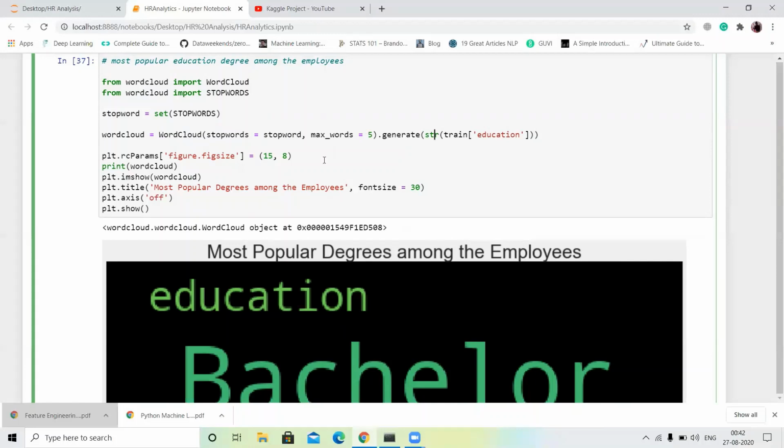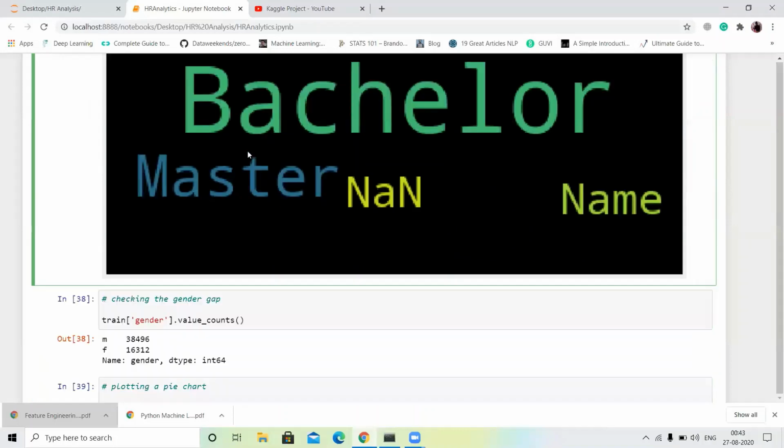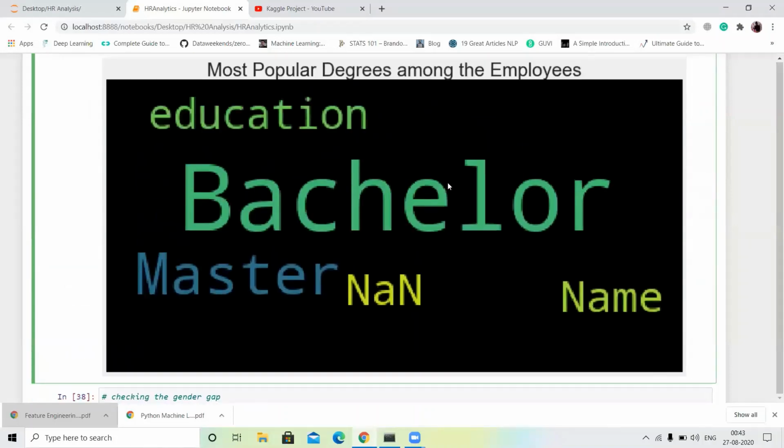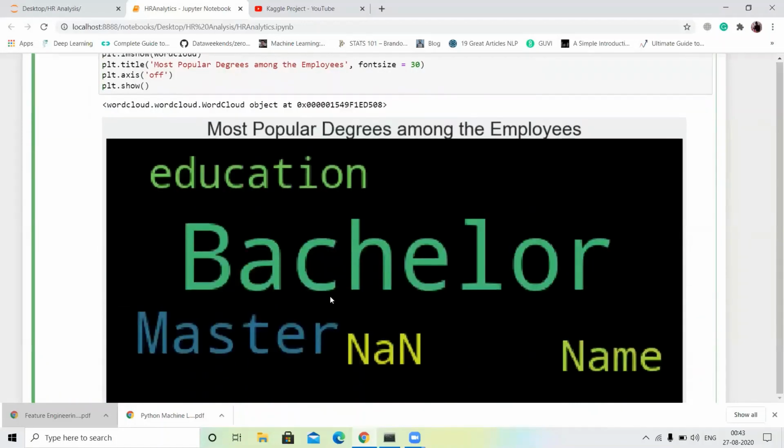Okay, then I just call the figure size, then I call the imshow function. Okay, and set the title most popular degree among the employees. Okay, font size is equal to 50, and you have to see the most popular degree is the bachelor degree, then the master, and then I just call only five maximum words, so it takes only 5 words. Okay, you have to see 1, 2, 3, 4, and 5.